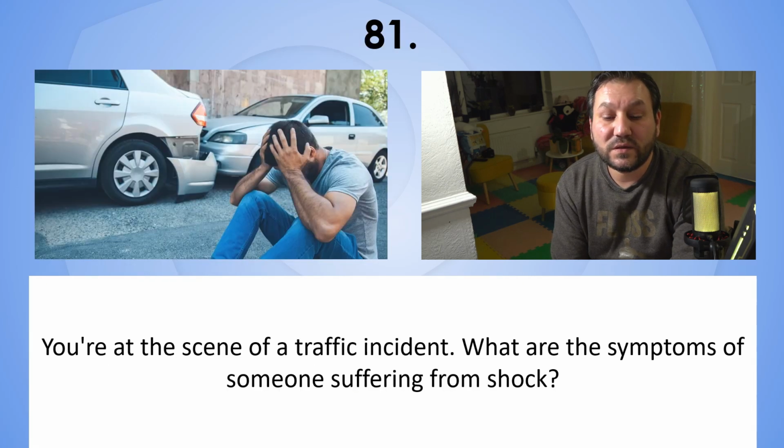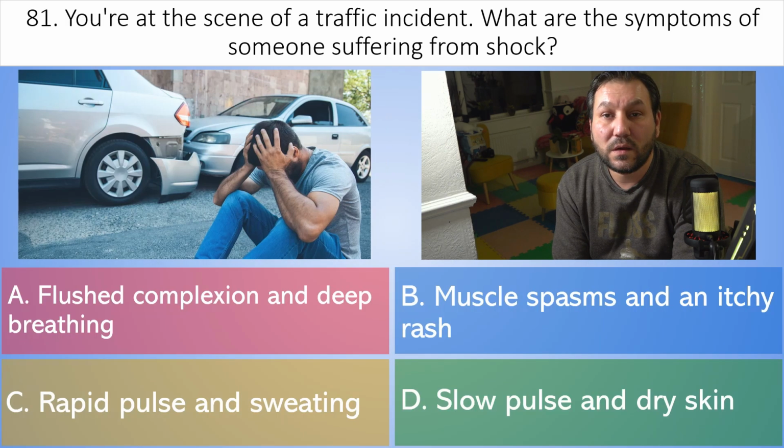81. You are at the scene of a traffic incident. What are the symptoms of someone suffering from shock? A. Flushed complexion and deep breathing. B. Muscle spasm and an itchy rash. C. Rapid pulse and sweating. Or D. Slow pulse and dry skin. And the correct answer is